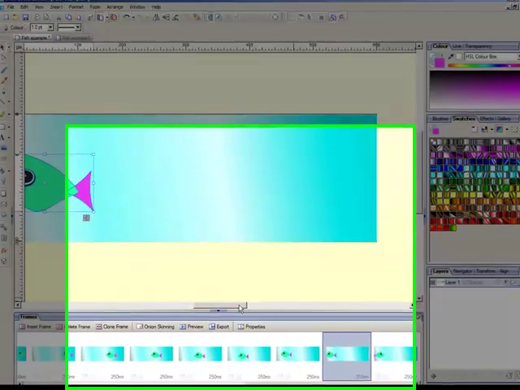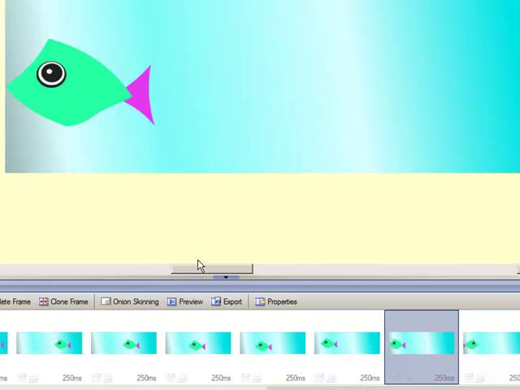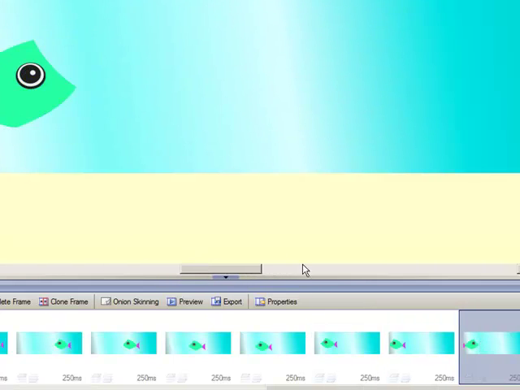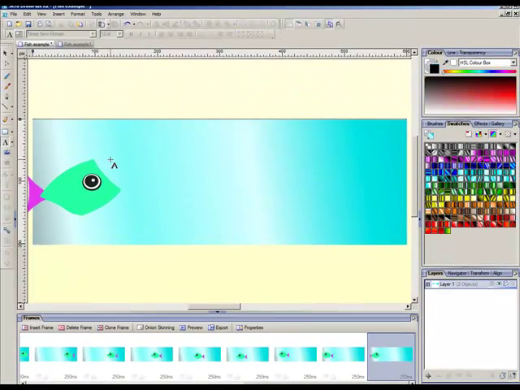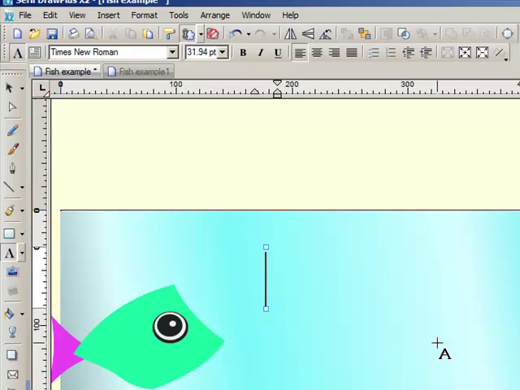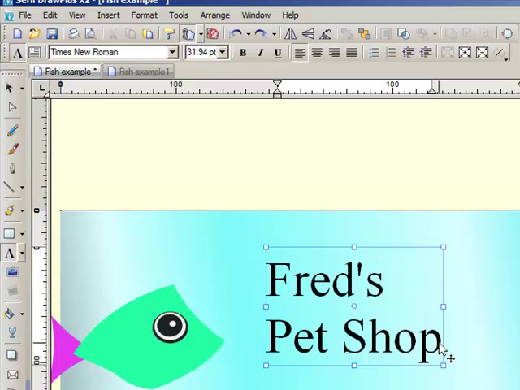Our fish is, I'll move that back, our fish is there and he's just coming back, and I'm going to pop an advert in, and I'm going to say, let's type in Fred's, I'll press enter because it won't fit very well, pet shop. Now obviously you can put in your own adverts, and I'm going to make that look a little better,